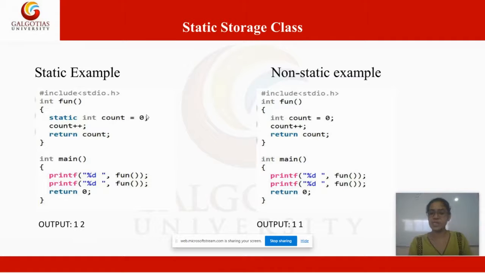Now the second time there is another printf statement and then again the fun method is being called. Now this time again it will see, hey, this is a static member. So it will check whether this variable has already been declared. If yes, then its previous value would be picked and this current initialization would be ignored. So yes, we will find a variable with value 1. So count will have a value 1 from the last execution. So we will pick that value, we will increment it by 1 and return it. So hence the output 2 here.